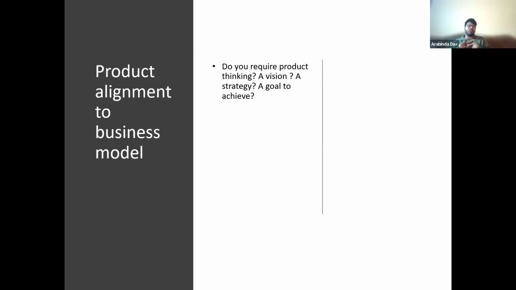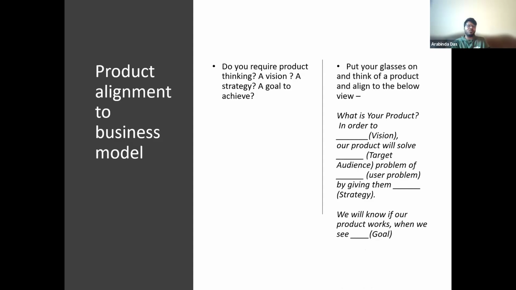Should we put it in a single line format? Let's put our glasses on and see what your product is. Can we put whatever problem, feature or idea we are trying to deliver into this form: whatever vision you have, our product will solve,